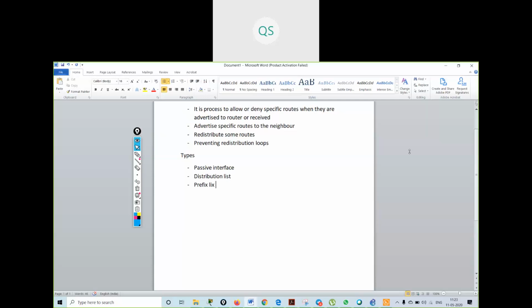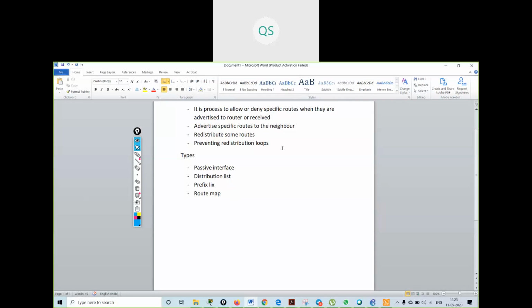Prefix list is something like an access list only, but it also looks for subnets. We will be learning about this in detail too. The last one is route map. Route map is something like an if-else statement. If you know a programming language, you will know the if-else statement. So route map is an if-else statement to select a specific route.